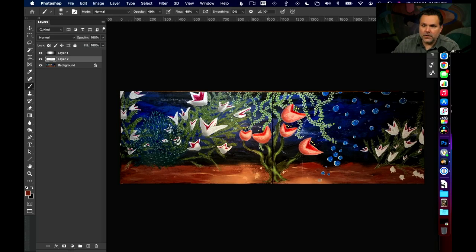And shadows are good ways to suggest a relationship between this foreground element and the background. So it might be casting a shadow, but then generally this,